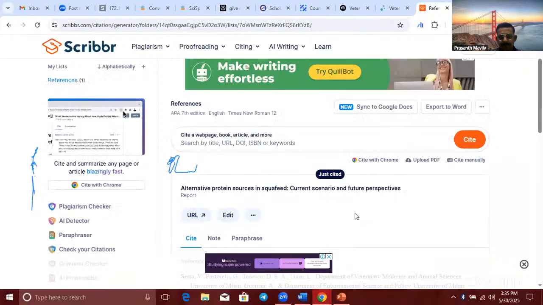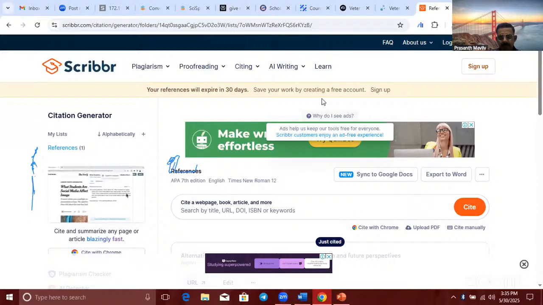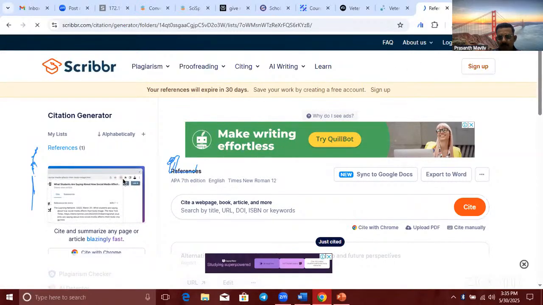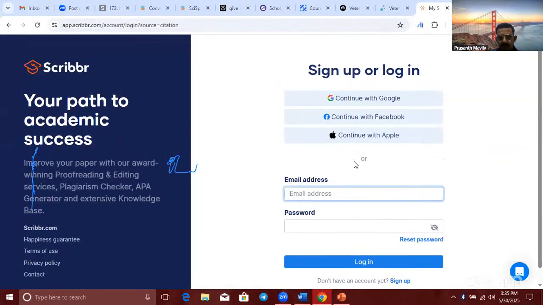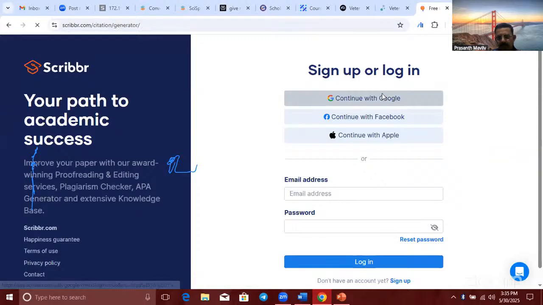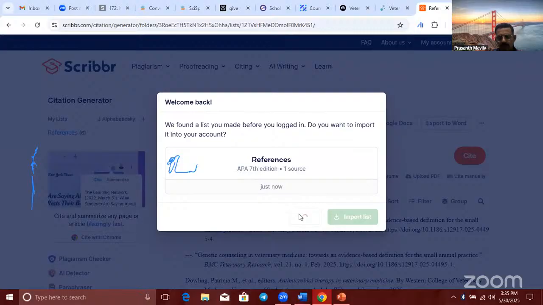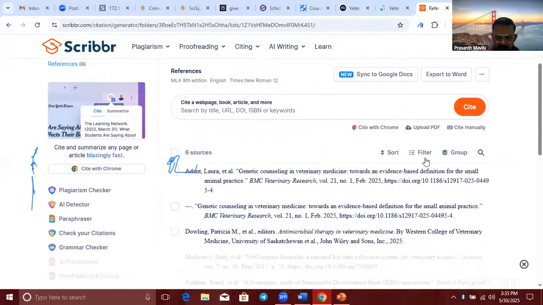See. You have to log in first. So like this, you can upload the file.